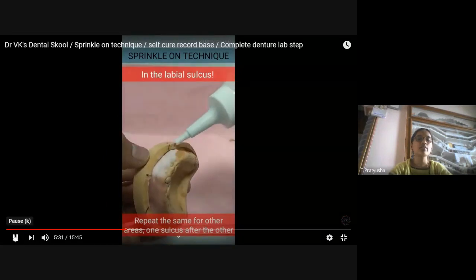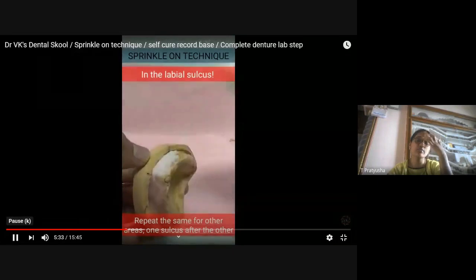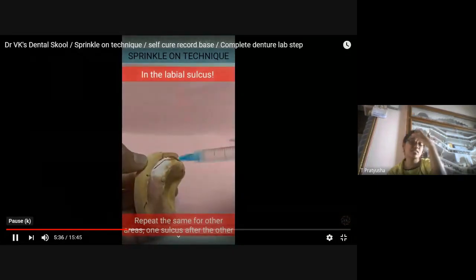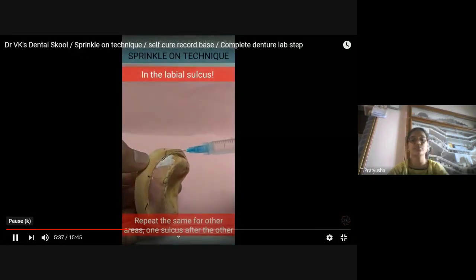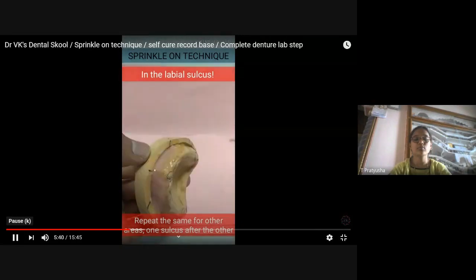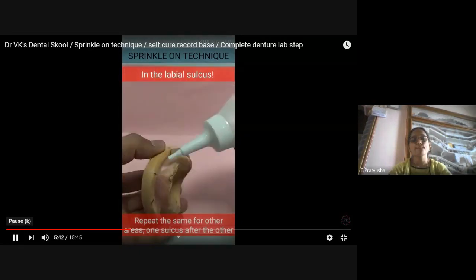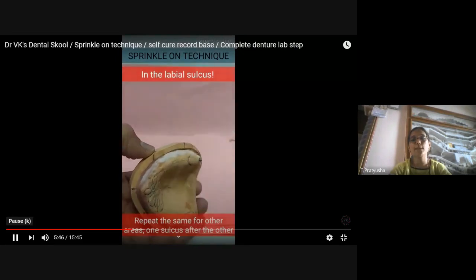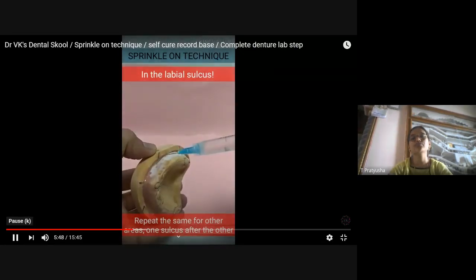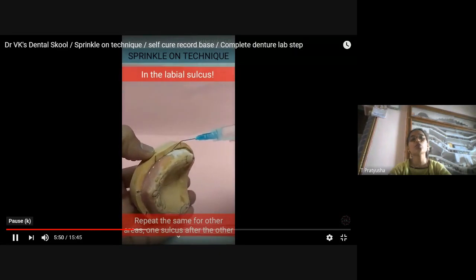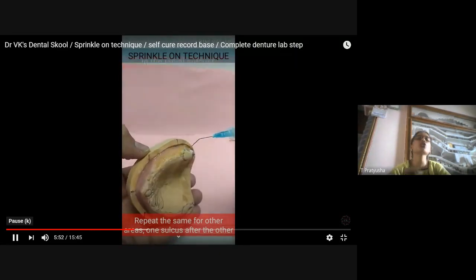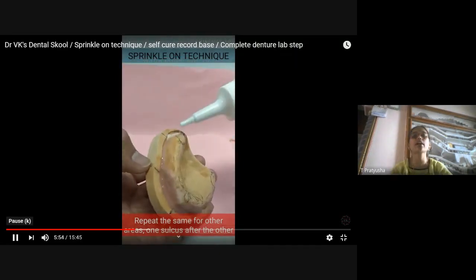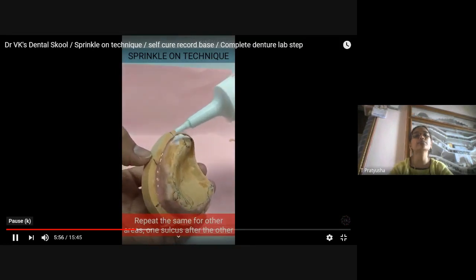Now it has come to the other side. So here on the labial sulcus, and down to the buccal sulcus. So from one end to the other end, first on the buccal and labial sulcuses, we are adding the material.